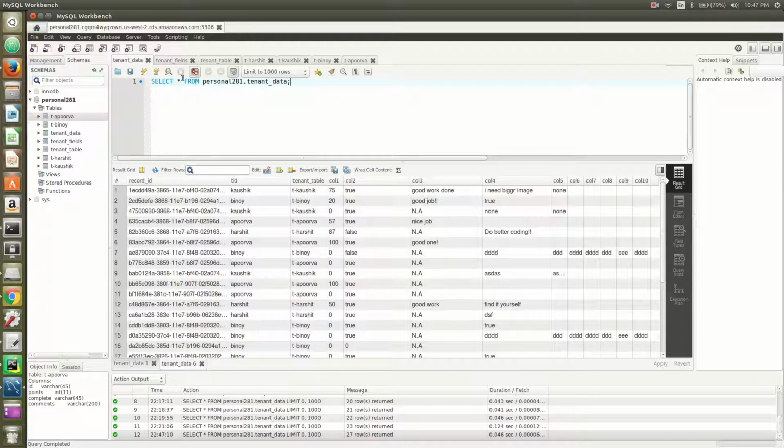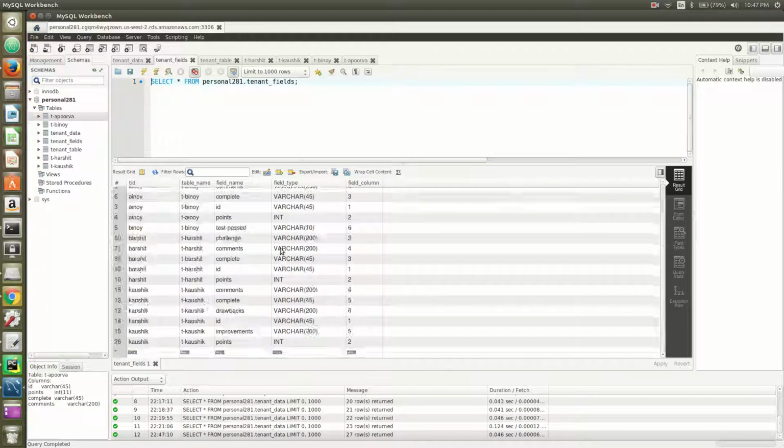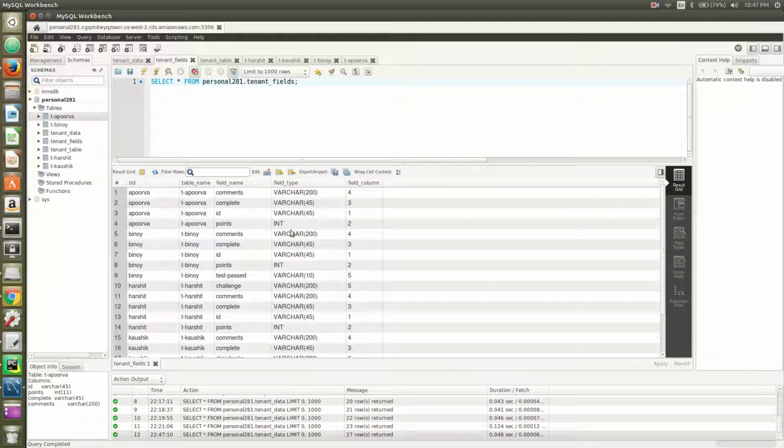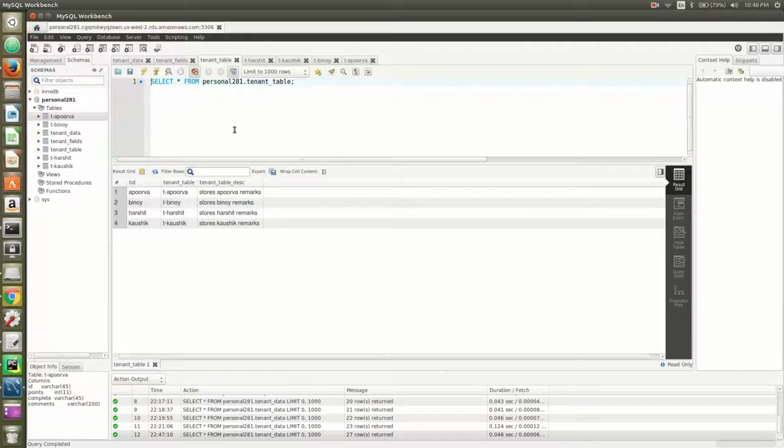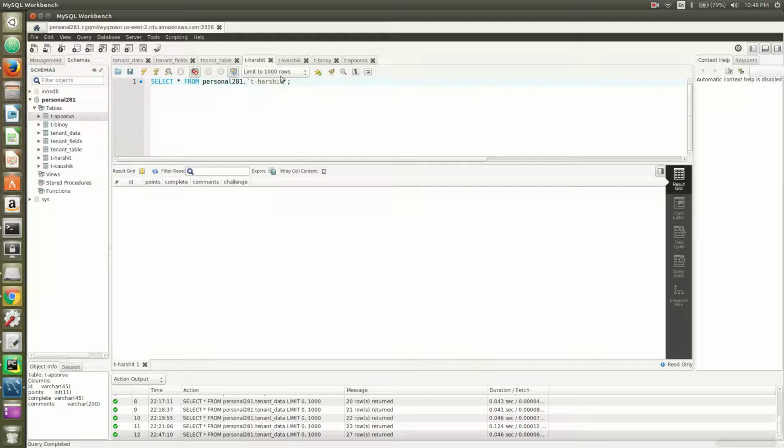by the front end. And tenant_fields contains the fields which have been mapped to the tenant_data table. The tenant_table contains the tenant ID, table name, tenant table name, and tenant table description. So these are the 4 tables which are